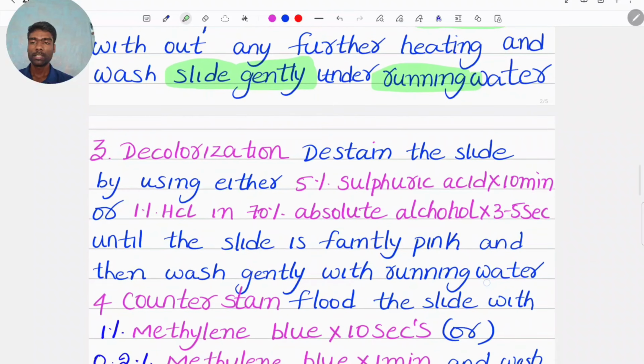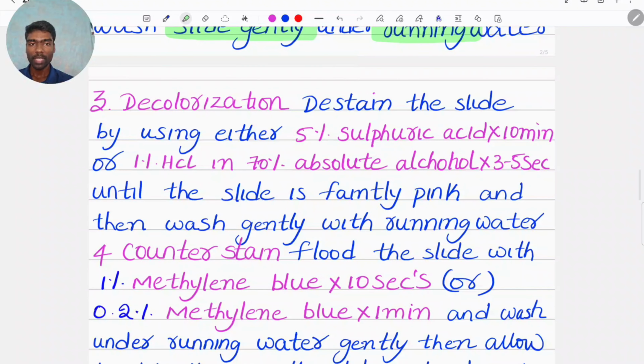Then decolorization. We will try to de-stain the slide using, as I already told you, 5% sulfuric acid. How much time? 10 minutes. If 5% sulfuric acid is used, we have to de-stain the slide by flooding it with 5% sulfuric acid for 10 minutes. If 1% HCl is used, 3 to 5 seconds based on the thickness of the smear. If less thick, 3 seconds is enough. If the smear is thicker, 5 seconds we have to apply until the slide is